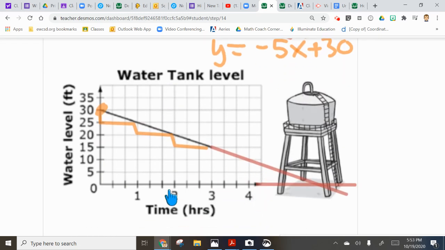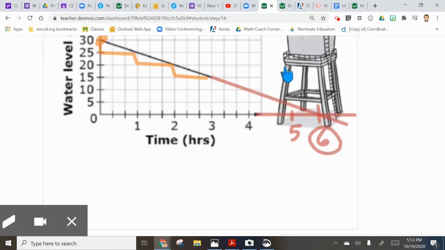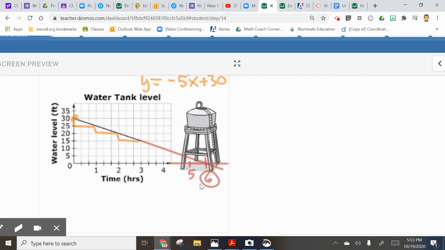And what if you just kept following this along? I'm pretty sure that this would be around 5, and this would be around 6. If you did it visually, that's okay. All right, and that was a little weird type of question. It's okay, you can handle that. All right,